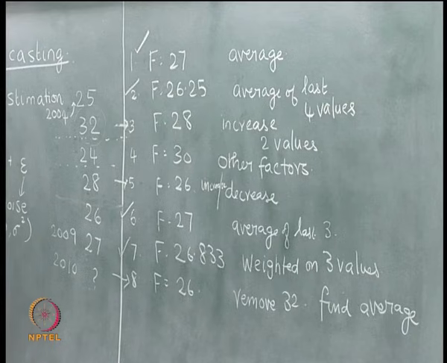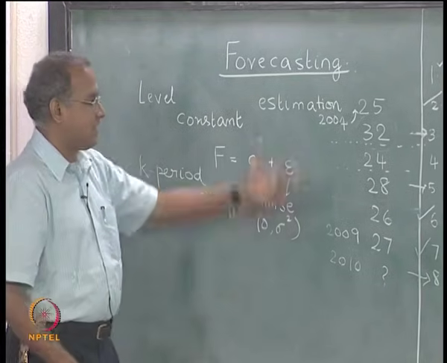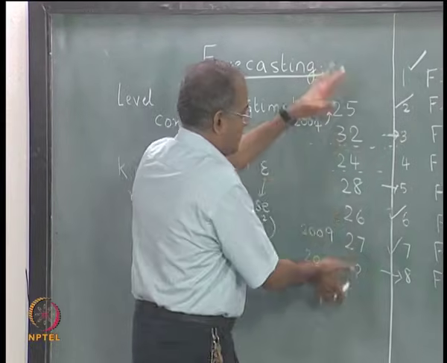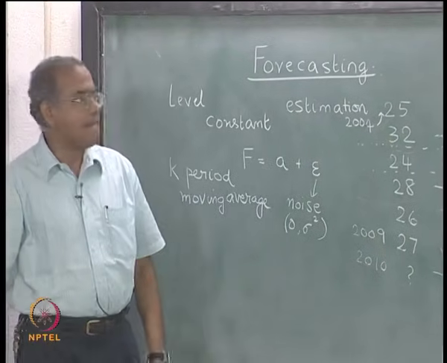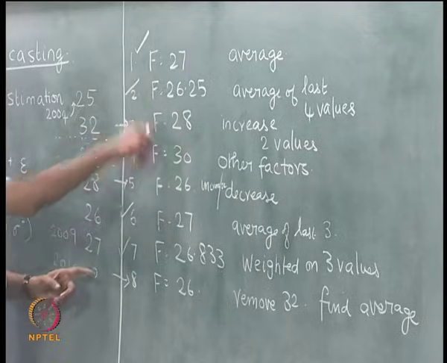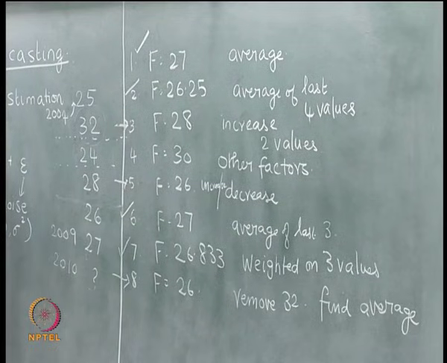So, we have seen 4 different forms of average: the simple arithmetic average, the weighted average, the moving average and the weighted moving average. All 4 of them are measures of central tendency. All 4 of them would give us values which are well within the range. Now, I also need to explain the reasoning behind these other 3, and also we need to try and position the other 3 reasons in the broad context of forecasting.